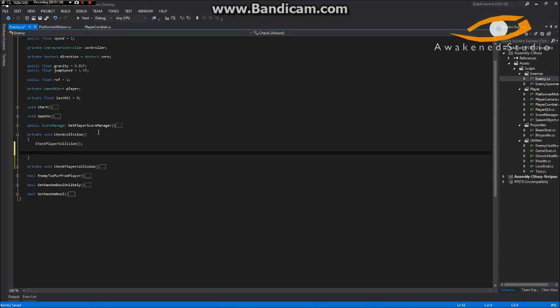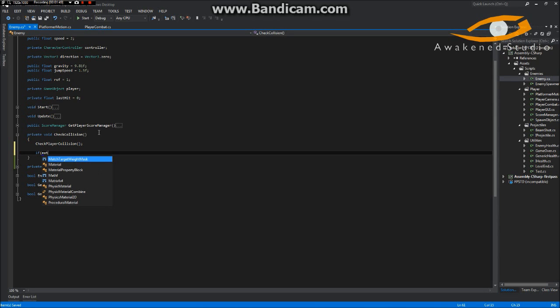One way we could do this, obviously there's other ways like the built-in collision, but I like to do things my own way sometimes just to see what I can accomplish. So what we're going to do is check to see if we didn't move the last frame. And if we didn't move, it means we're stuck, and that means we're colliding with something, which means that we want to either switch direction or jump. So the first thing we'll do is